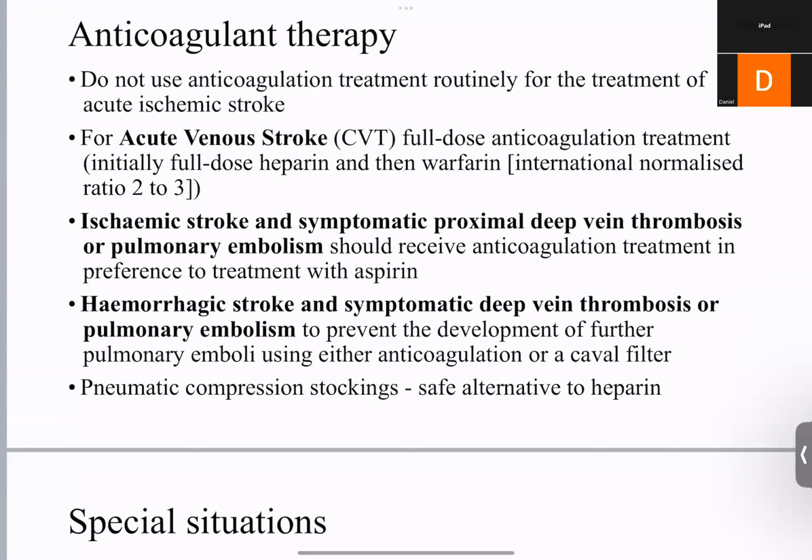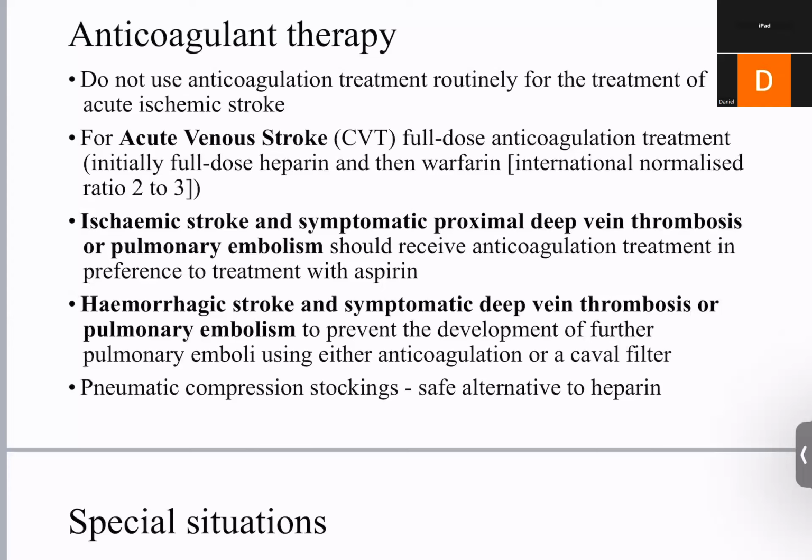So, anticoagulation is not routinely recommended for the treatment of acute ischemic stroke. For acute venous stroke, full dose anticoagulation is recommended, either full dose heparin and then warfarin bridging with a target INR of 2 to 3. And if the patient with ischemic stroke develops symptomatic proximal DVT or pulmonary embolism, again full dose anticoagulation treatment